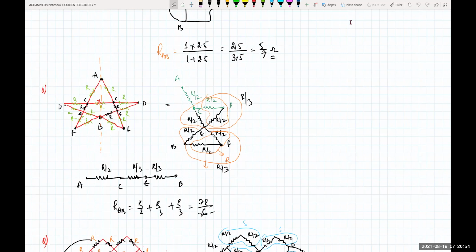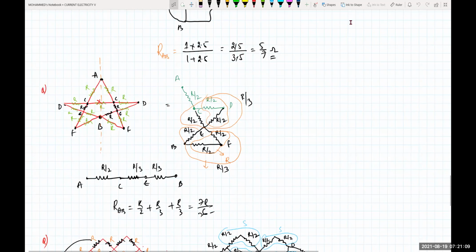Remaining all distance will be parallel to each other because it is forming the folding symmetry. You can fold it exactly above this one. Only the middle one of this one will become effective. See this one, CD and DE. This is C, this is D, and this is E, beta. This C and D I'm simplifying.